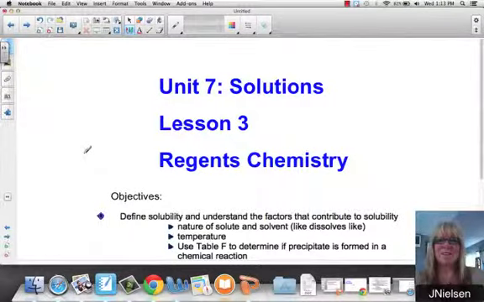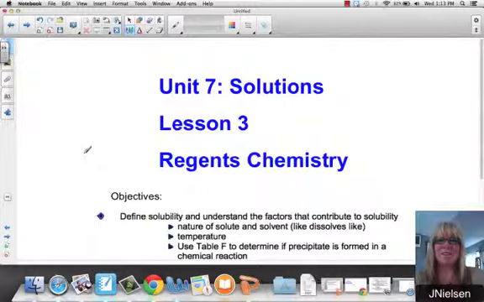Okay, this is Unit 7, Solutions, Lesson 3. Last time when we met, we talked about Table G solubility curves and how to use that table and answer some questions about different scenarios. So today we're going to continue with our discussion on solutions, and we're going to focus on the nature of